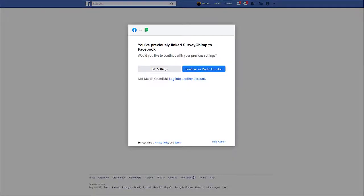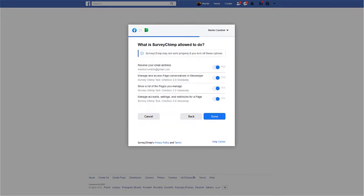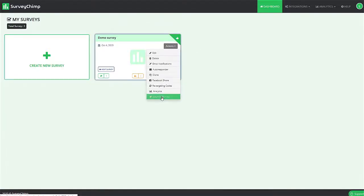You get a permission dialog like this, and so you just click continue, and you can see here I've connected to this test page. Then you click next, then click done to accept the permissions. It confirms you're linked, and then click OK, and you'll have a success message up here. So now if I go back to the dashboard, go back to the survey, click the launch survey panel, and